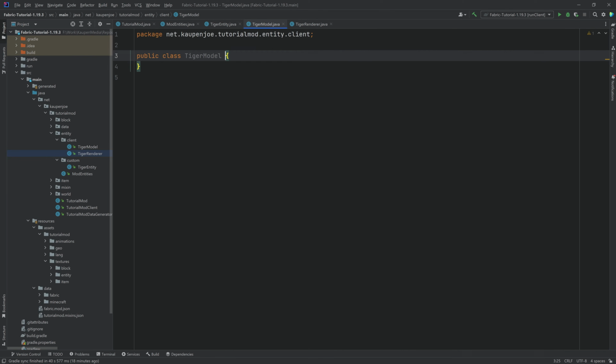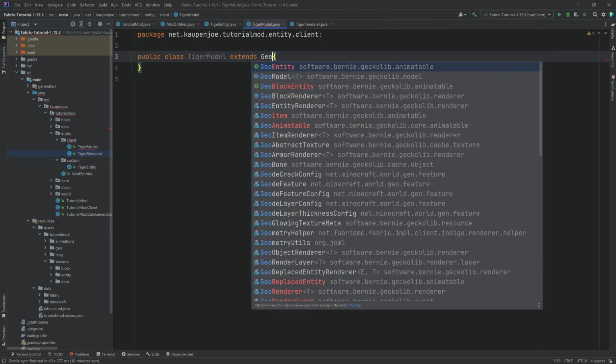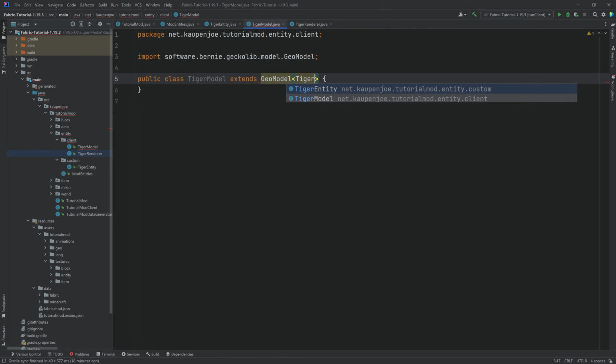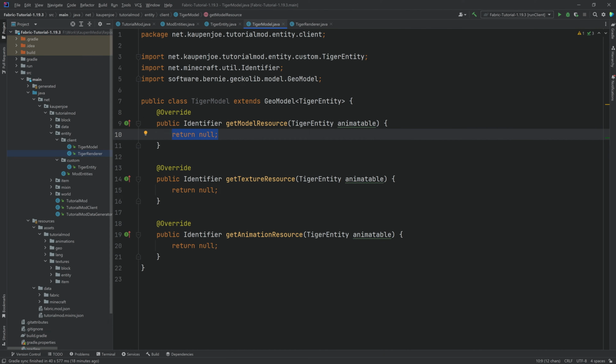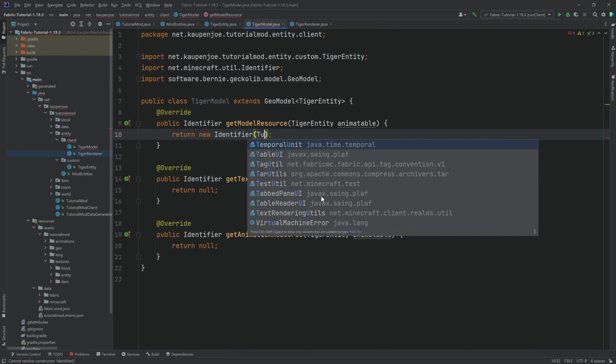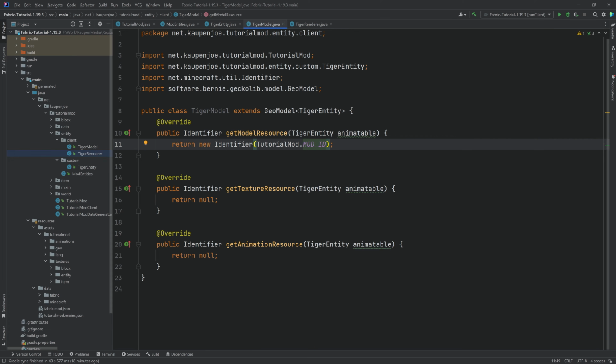You want to start with the model first. So this is going to extend the GeoModel of type TigerEntity. And we're going to hover over this, implement the methods. Those are three methods: the getModelResource, the getTextureResource, and the getAnimationResource. Now those are incredibly easy to fill because they only need new identifiers. And they're also always going to be, of course, TutorialMod.MOD_ID. And then the path is going to be